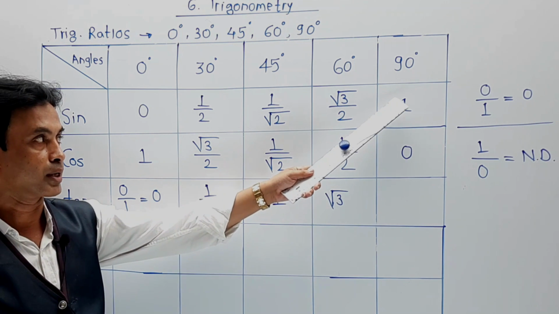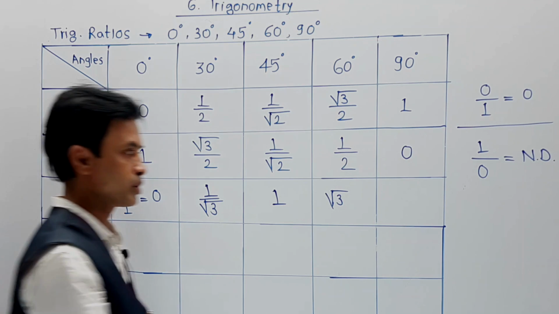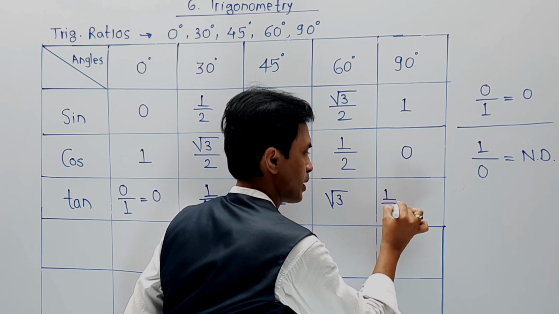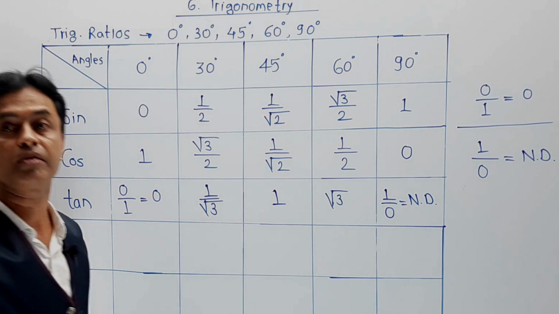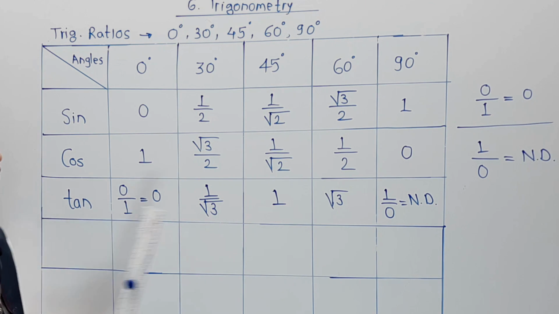Now the last and main part. 1 divided by 0. So when you write 1 divided by 0, that answer becomes not defined. Remember it very carefully. So your value of tan 90 is not defined. Means you will never get any numerical which includes the value of tan 90, because you cannot define it, you cannot evaluate it, you cannot calculate it. So you cannot put that value also.